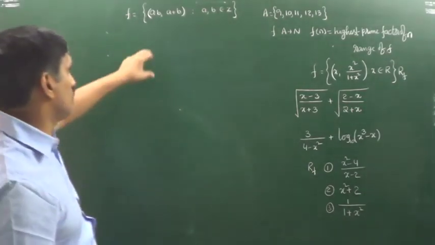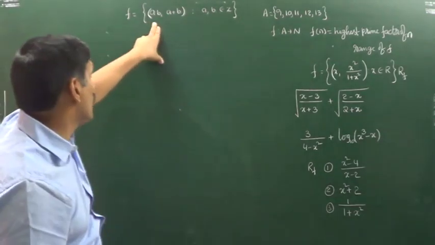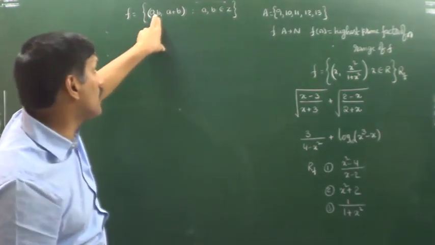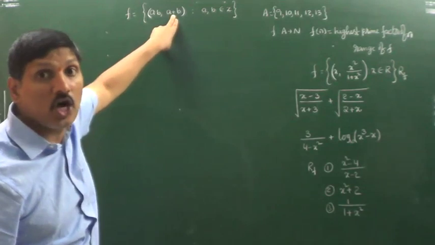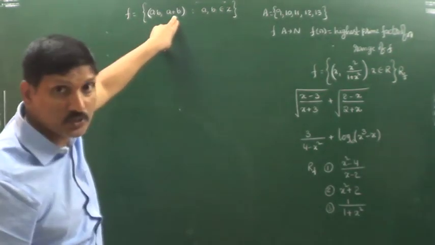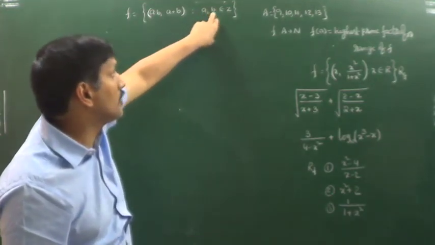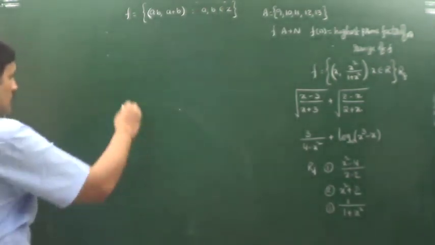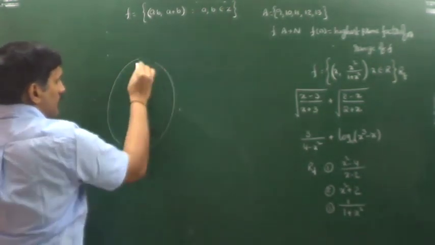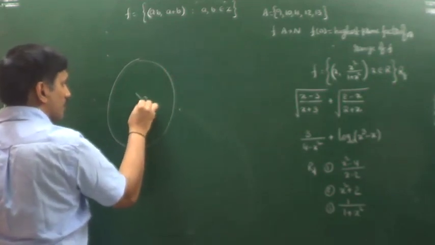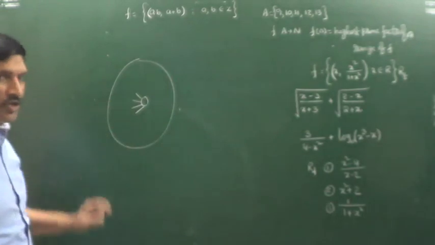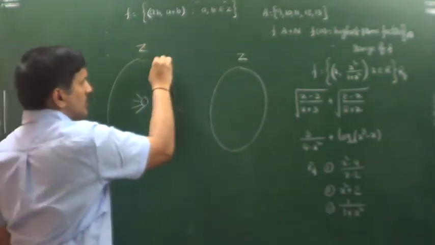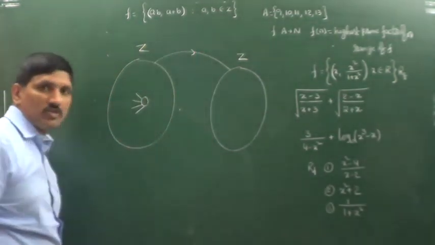So this is another question given in miscellaneous exercise. What is it saying? F is equal to the set of all ordered pairs (ab, a plus b) such that a, b belong to Z. Whether it is a function or not, he is asking. Observe here, there is an element 0. Here also integers, here also integers. He is saying the function is from Z to Z.